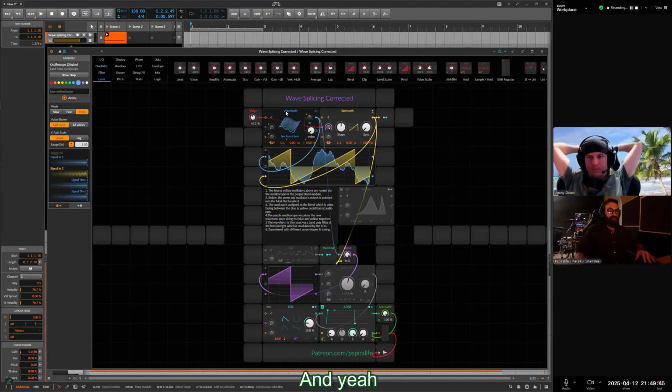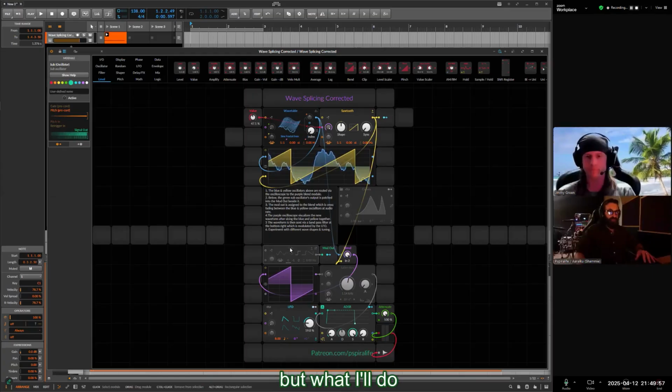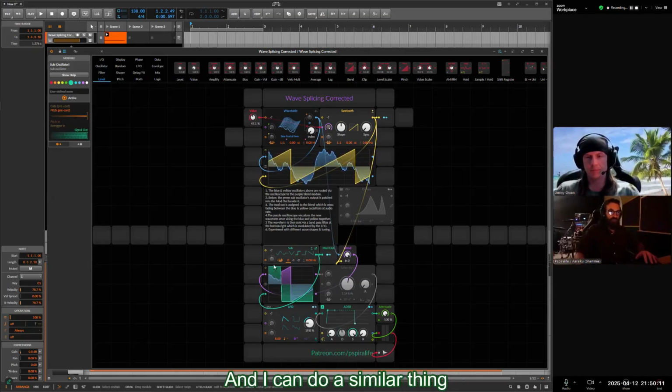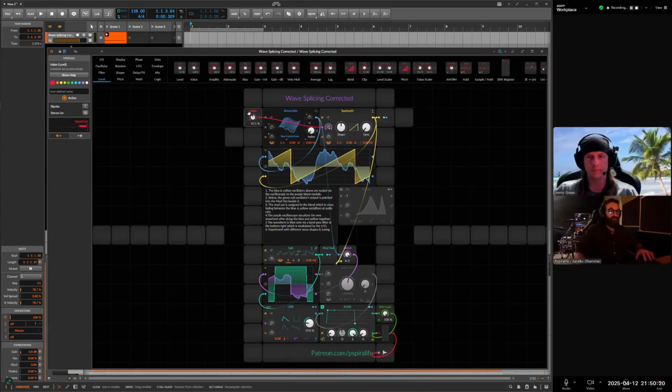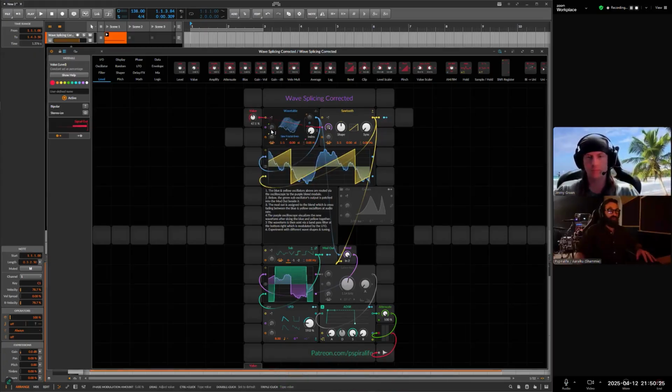and now we can do the same with this sub oscillator, which is controlling the crossfade. But what I'll do is I'll turn it on, but I'm going to route it into the other input of this oscilloscope, and then we'll be able to see where the splice point is. And I can do a similar thing with this value going into, if I duplicate that,